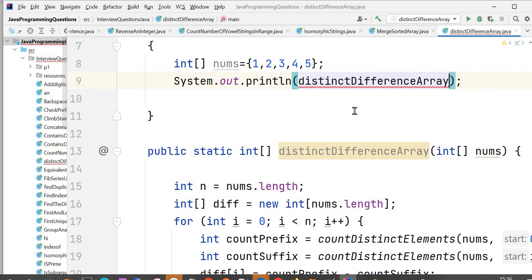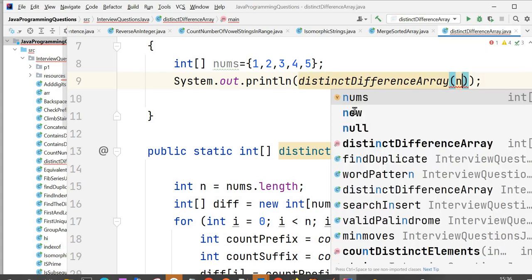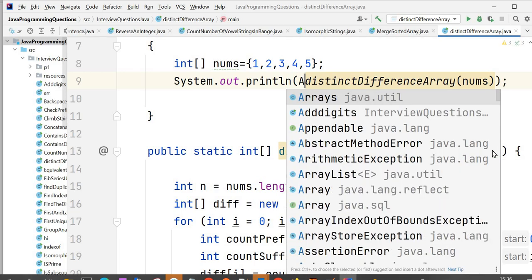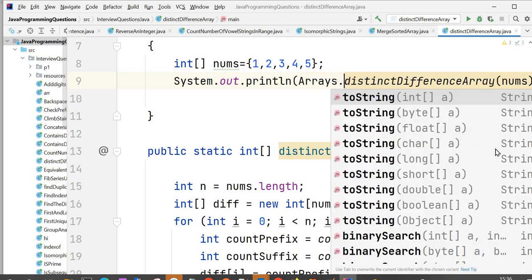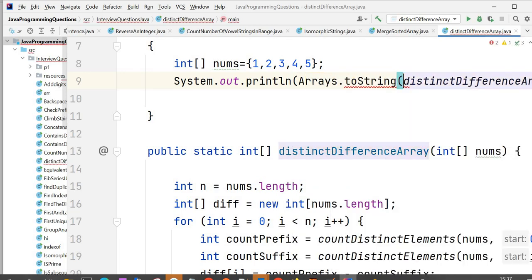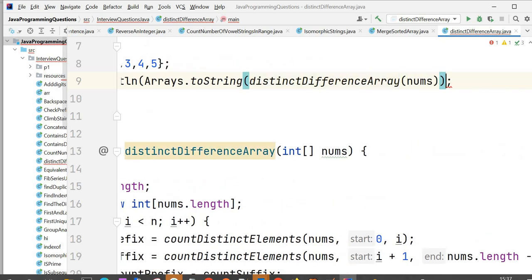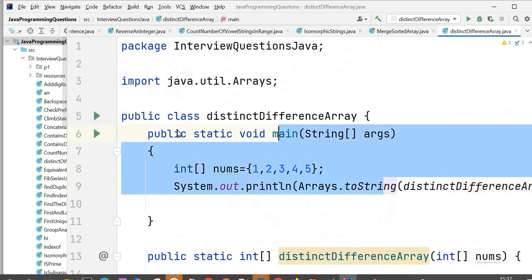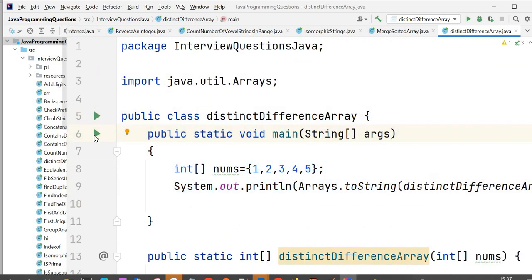Let's call the function distinct difference array with nums. Since we are printing the array, we have to convert it into the string representation with Arrays dot toString, right? So this is how we need to solve this problem. Now let's run the program and see the output.